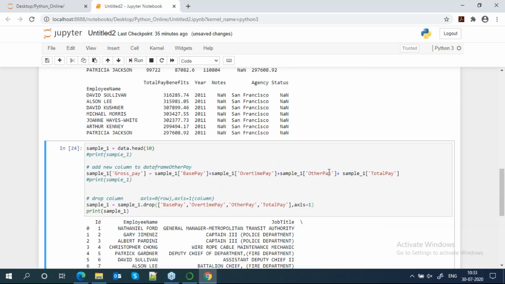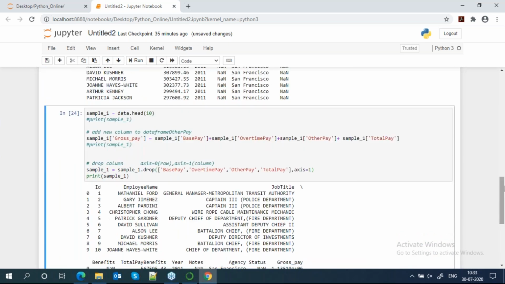So that means if I want to delete something specific, say this employee has an employee ID, then I can say drop employee ID so and so, axis equal to 0. Yes, exactly. Like that only.